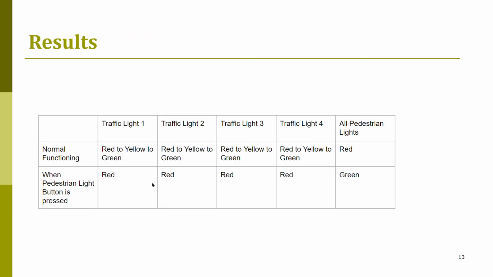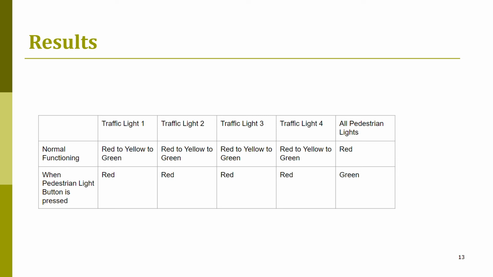In the previous video of the simulation of our circuit, we saw all the four individual traffic lights complete their individual cycles, that is, change their colors from green to yellow to red. And when the pedestrian button was pushed, all the traffic lights became red immediately and the pedestrian lights turned green. The results from the previous circuit simulation have been tabulated as follows.